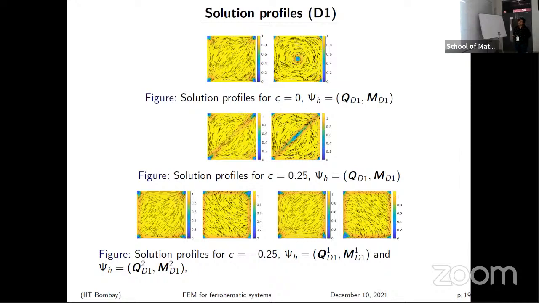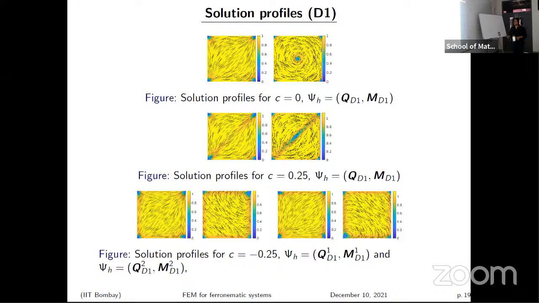For C equals 0, we see a magnetic vortex at the center. This basically shows how the solutions of the uncoupled system are perturbed by positive coupling and negative coupling. For positive coupling, we see the co-alignment of the nematic director and the magnetization vectors. Whereas for negative coupling, the symmetry between these two diagonally opposite vortices is broken, and we get two different sets of solutions